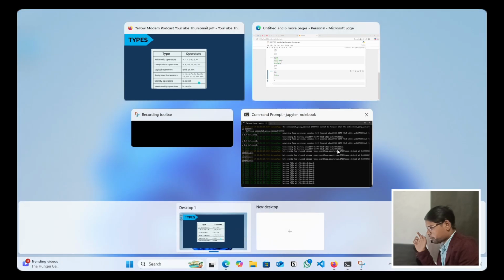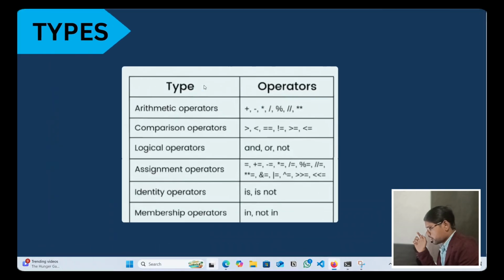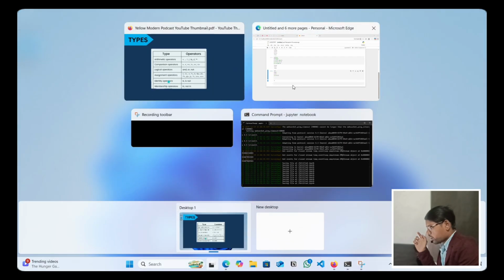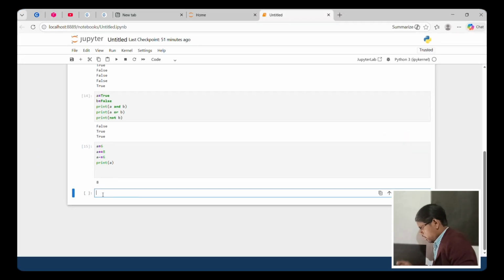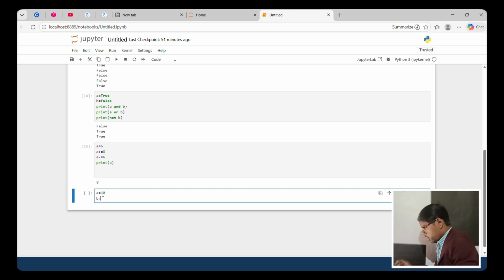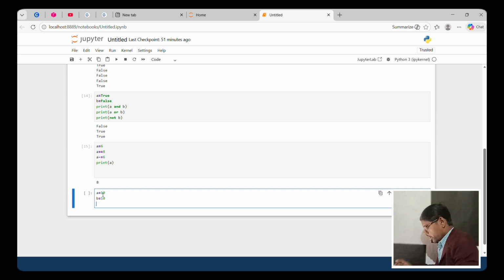Okay, and let's use the first one in a practical. Just A contains 10 and B contains 10 and print.